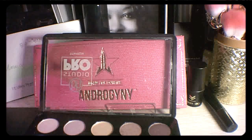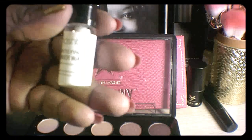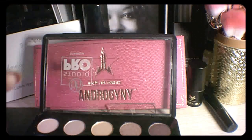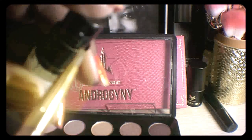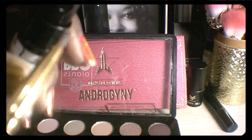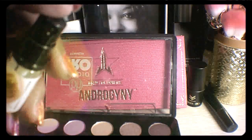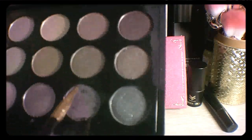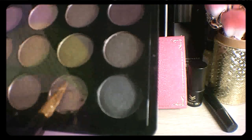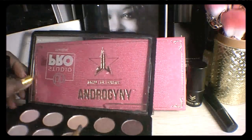So now let's go in and wet this, and I will be using the Smashbox Photo Finish Primer Water. So I'm just going to dab a little on the stick. Okay, seems to want to go every place else but on the stick. Alright, so now I'm going to dab it here. Just the film coming down on it. Alright, so as you see,